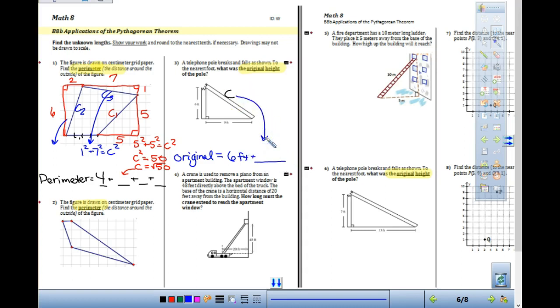So if we're going to find the original, right, we have to take 6 feet plus this length, right? So you have to read the question, and on the test, probably the hardest thing to correct is that everyone will stop here. Or they'll maybe show some work, but then will not show all the work. As you do question 1, check the answer in the back. If you're off by just 1 decimal point or something, you're good. But if you're off by a ton, like by 10 or by 5 or by 7, you want to go back and take a look at your work and let me help you, okay? So, in class today,